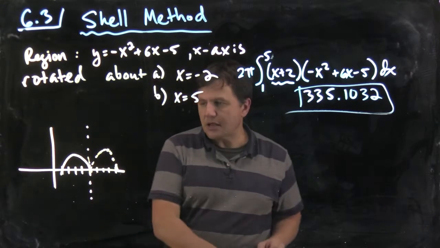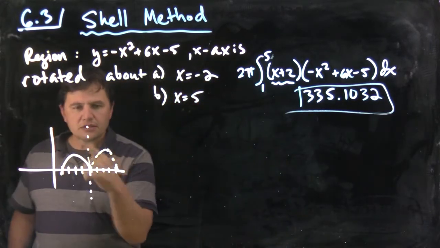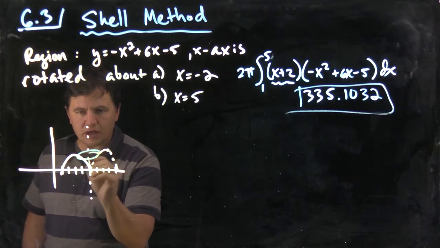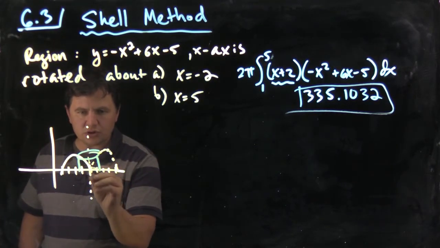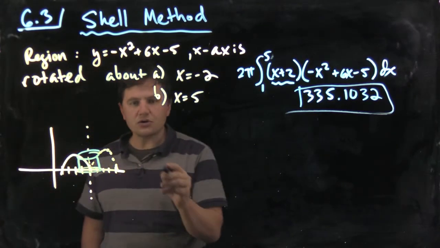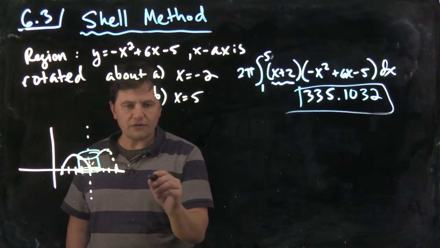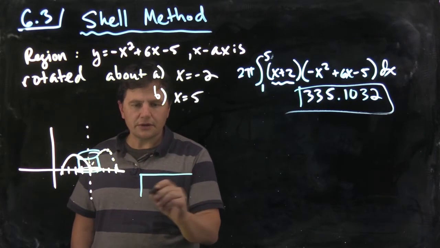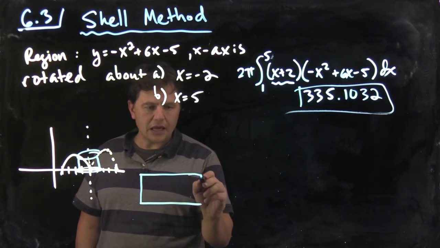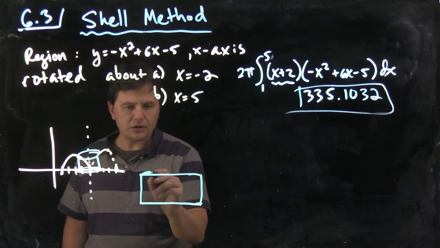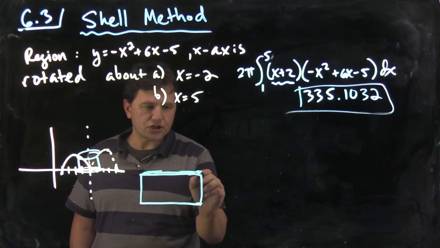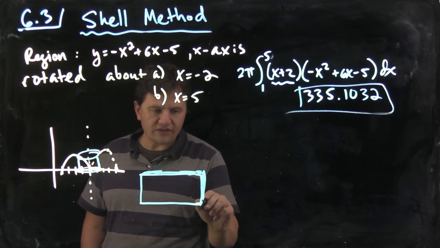So once again, let's think about what's going to happen. So this thing's going to spin around here. If we cut it into cylindrical shells, let's take out one of those shells and take a look at this thing. So let's put this down right in front of us and then cut it out. Okay. And let's think about what's going to change here. And you can see once again